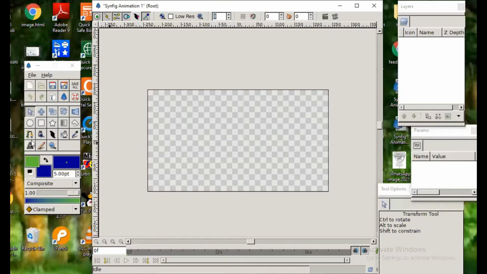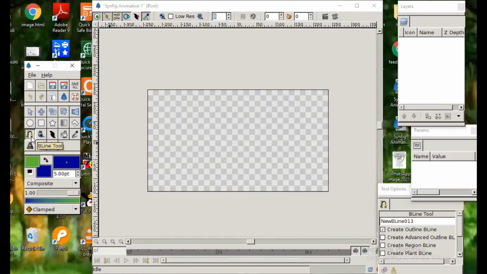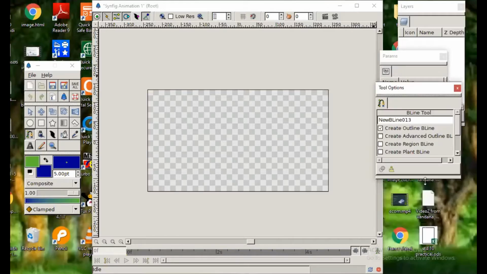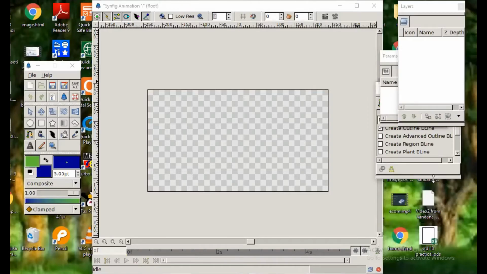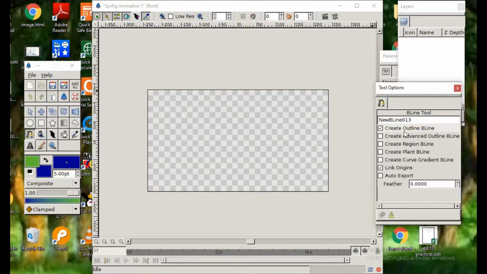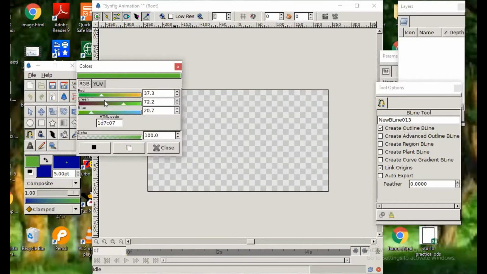As I have mentioned earlier, this is the beeline tool that we can use to create a path of our choice. When we select this beeline tool, from these tool options, make sure you select only outline, because we are creating an oval path and do not require any color in between.